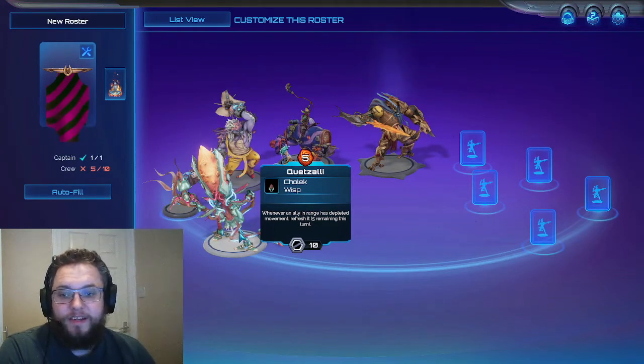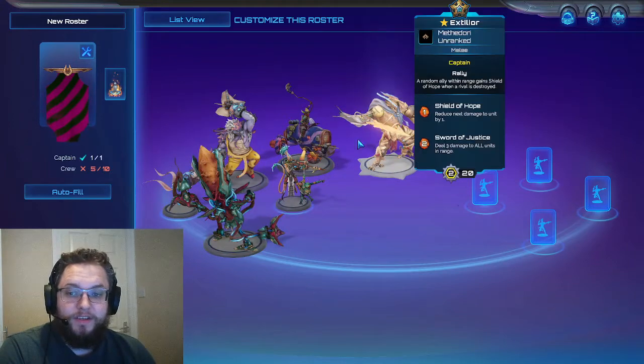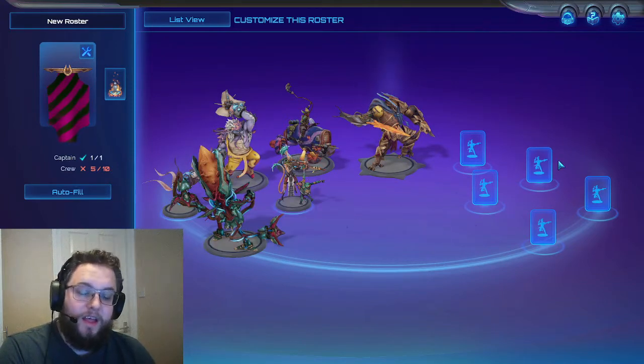Whenever an ally in range has depleted movement, refresh it, 5 remaining this turn. The thing it doesn't clarify is you can actually use this multiple times with the same unit. So for instance, if Extilior was over here, it could move into range for 1, over here for 2, you can move this up, Extilior moves again for 3, and then potentially that's in melee range of someone if you